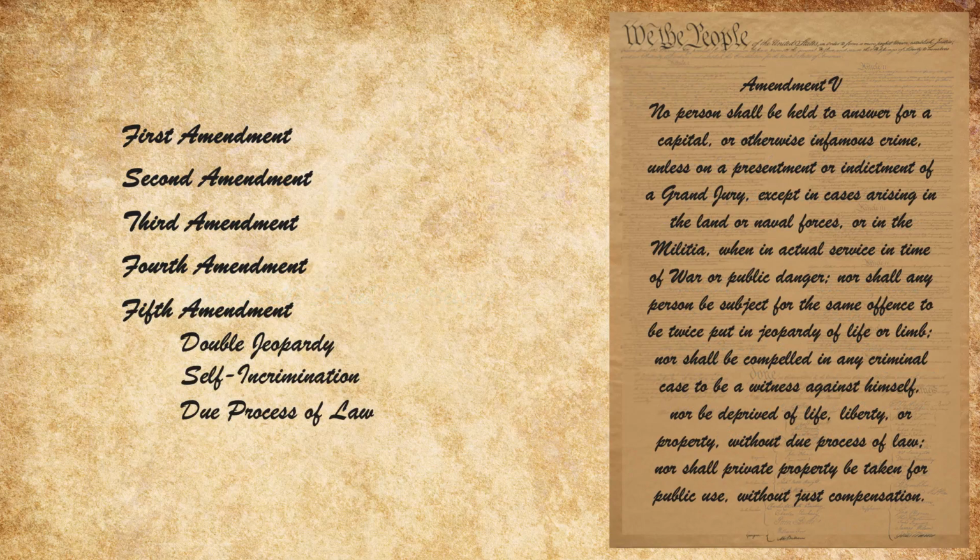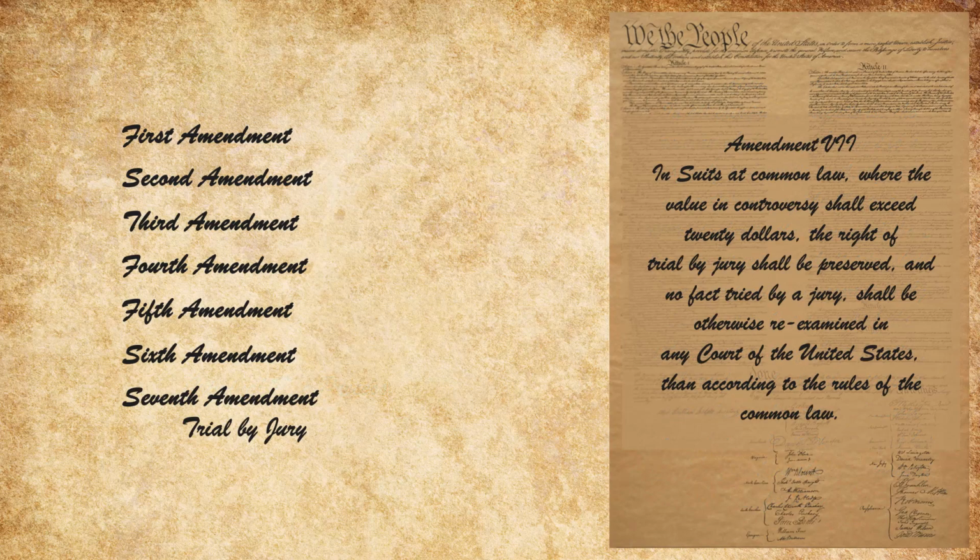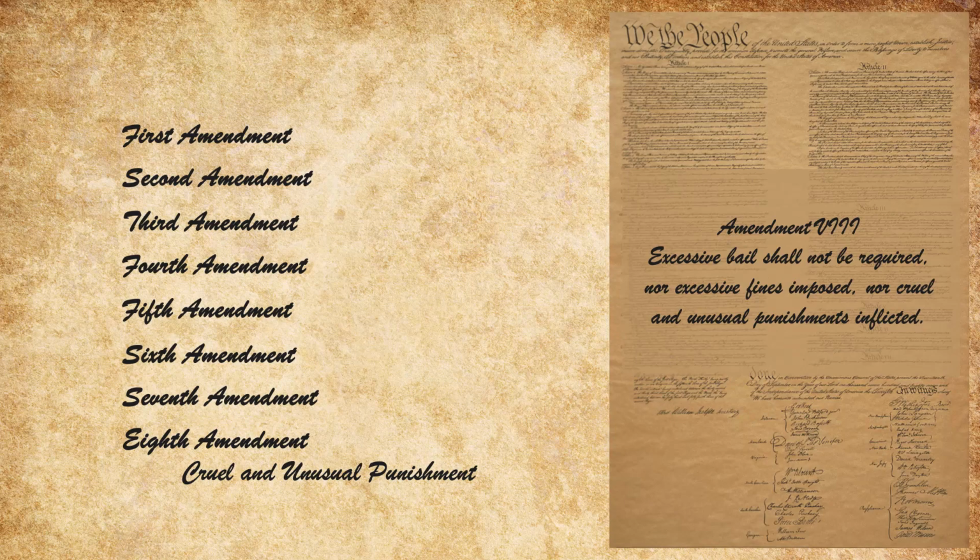The Fifth Amendment protects against double jeopardy and self-incrimination and guarantees due process of law. The Sixth Amendment outlines a variety of criminal due process rights, including the right to assistance of counsel, the right to confront witnesses at trial, and so on. The Seventh Amendment establishes the right to trial by jury, and the Eighth Amendment prohibits cruel and unusual punishment, as well as excessive bail. We explore the rights established by each of these amendments in greater detail in other videos,